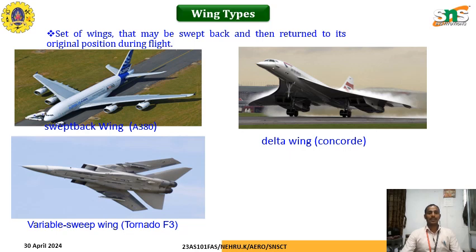Swept back wing, we can see on the Airbus 380. This is a swept back wing type. And this is the Tornado F3, a variable sweep wing where during flight at less than Mach